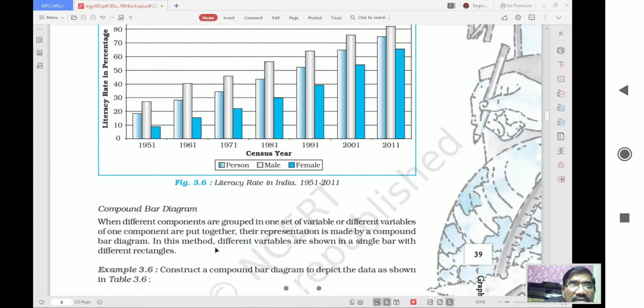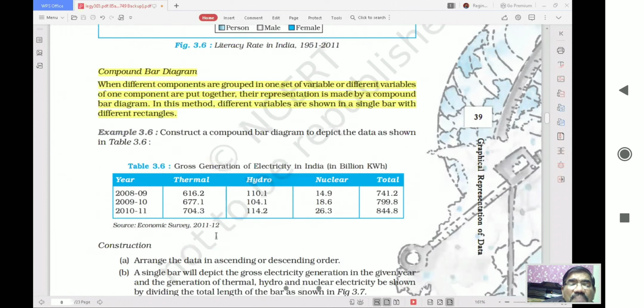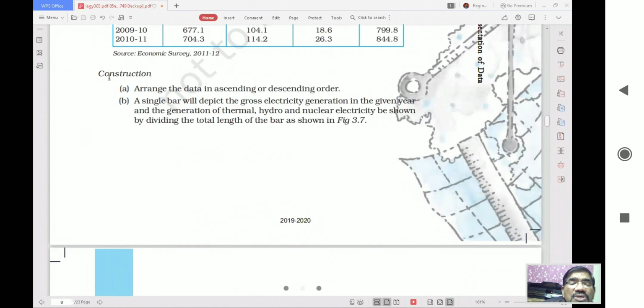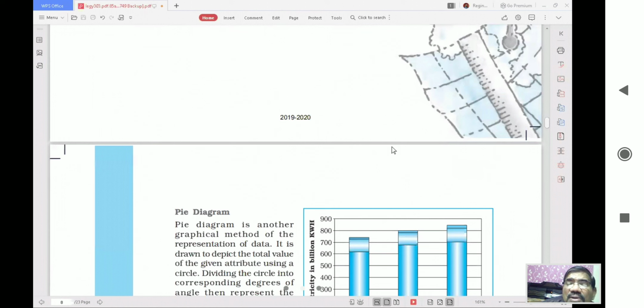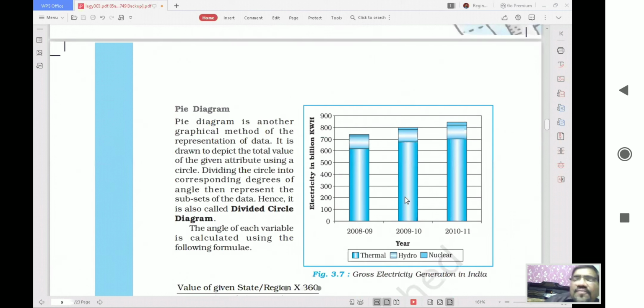And the compound bar diagram. If you see the making of this compound bar diagram, again I have sent you a video. I wish I could have played this video, but the fact is we can watch it together on YouTube, and it's better, because when we switch it on Zoom, it starts hanging. So please look at the links I have already sent to you on YouTube.